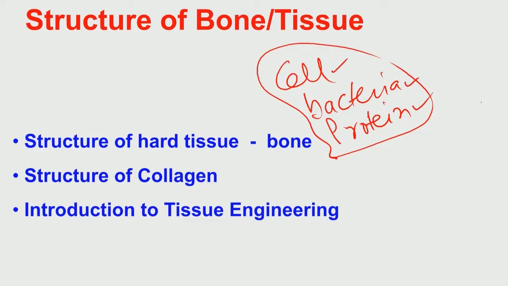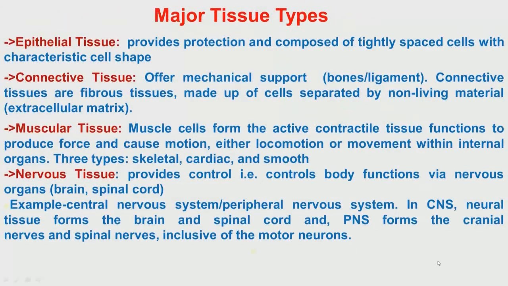Now, there are these tissues. Tissues can be broadly classified into 4 categories. It is summarized in one of the earlier slides which I would like to recall. So, these are the 4 broad classes of tissues. One is epithelial tissue, second one is the connective tissue, third one is muscular tissue, fourth one is the nervous tissue. So, epithelial tissue provides protection